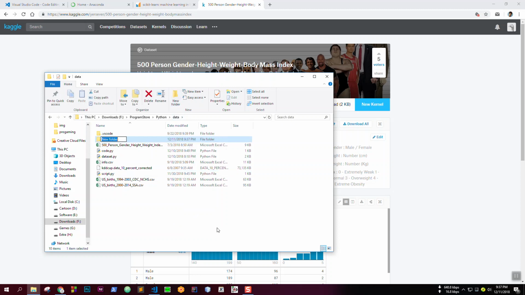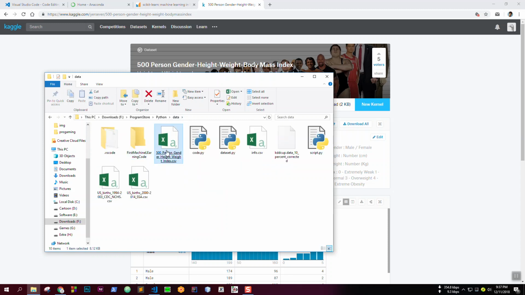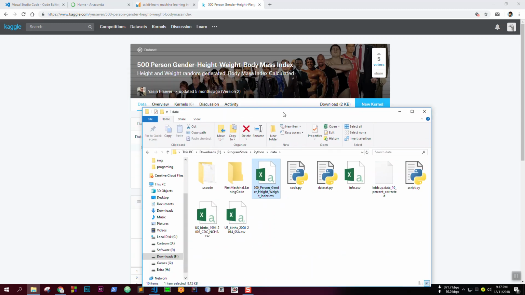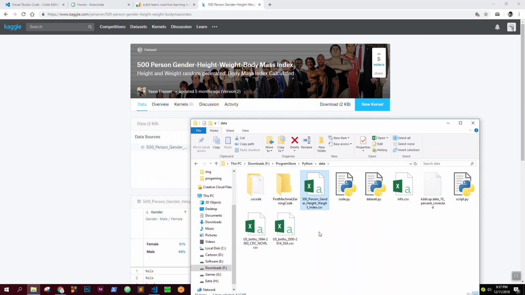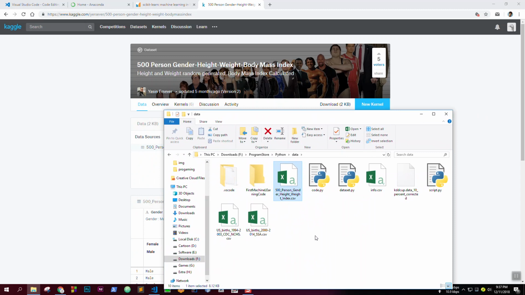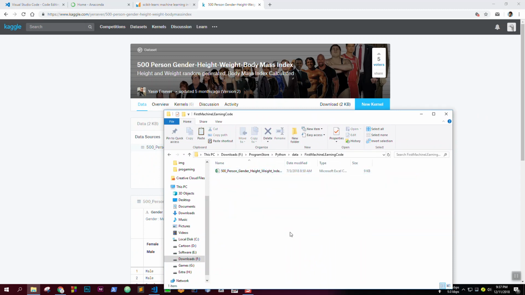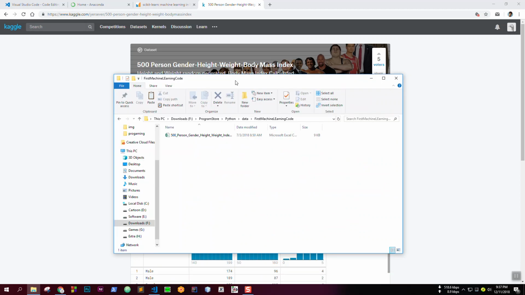Let's create a new folder for our project. Let's call it first machine learning code. Okay, so the dataset that we're using is actually this one. 500 person, gender, height and weight, along with their body mass index value. So I'm going to copy this into this folder, and I'm also going to create a Python file, but not